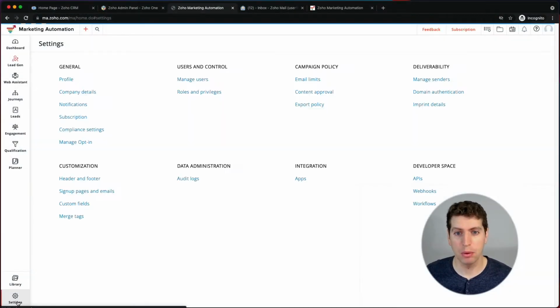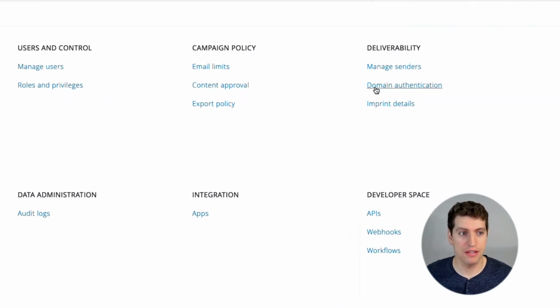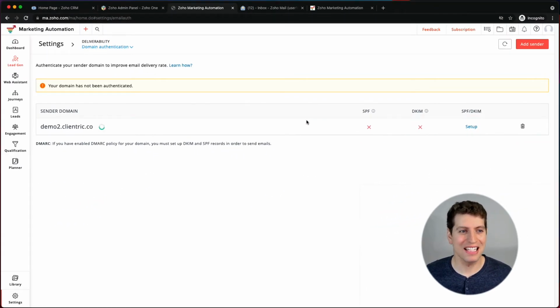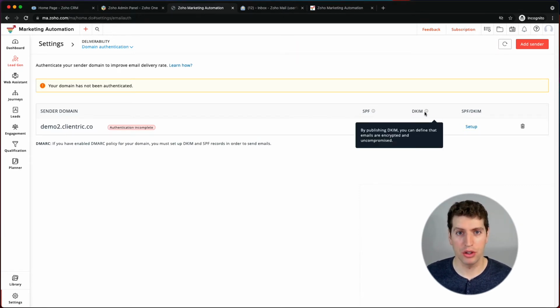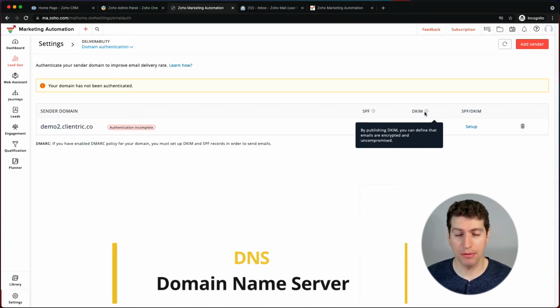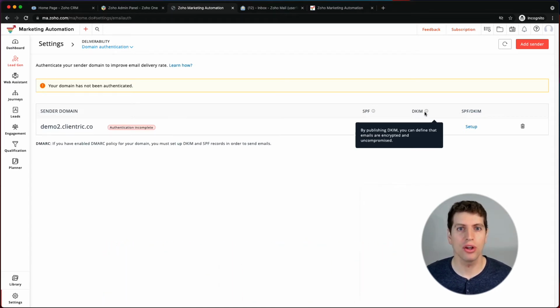And then let's go back here, and we want to set up our domain authentication. Now this is very important because this is where the deliverability issues could come from. So if your authentication is incomplete, you want to set up the SPF and the DKIM, and these are both going on to your domain provider. So your DNS settings on your domain provider, whoever that is, you have to go in and add 2 text records. That's it, 2 text records with the information that it requests.